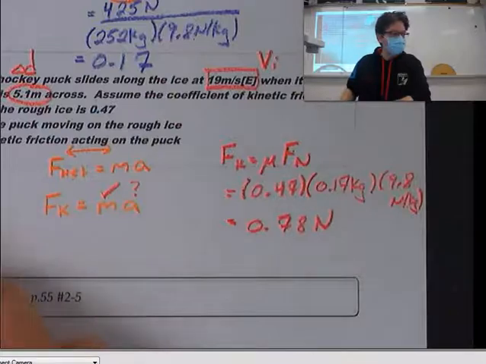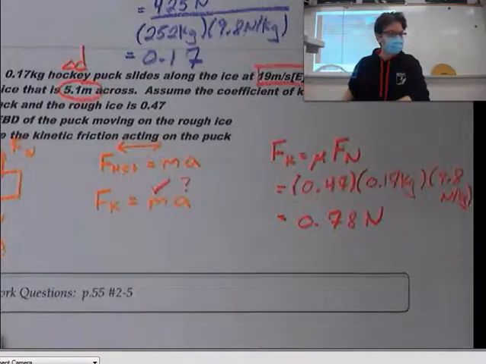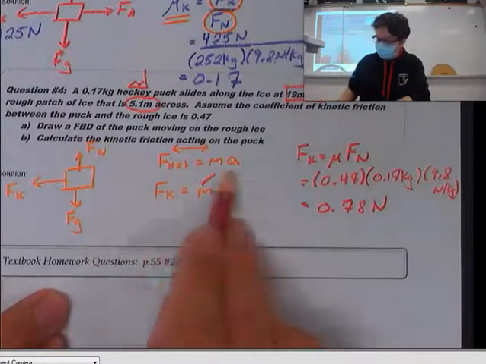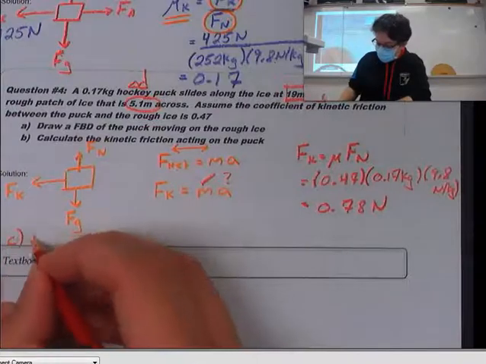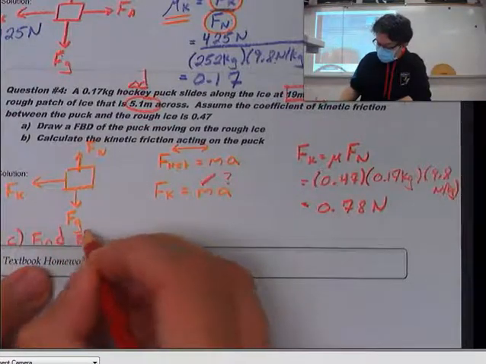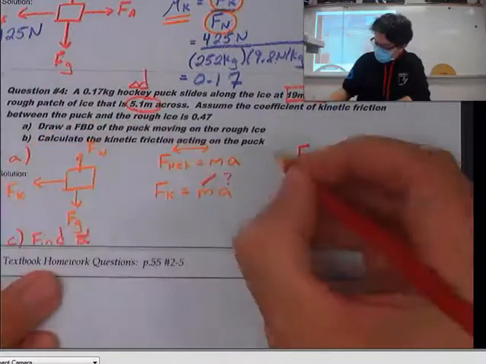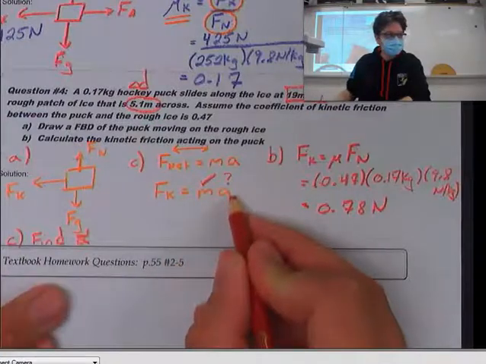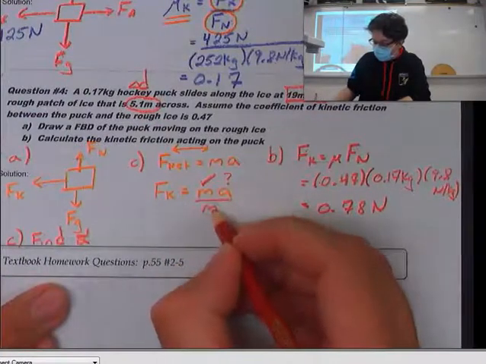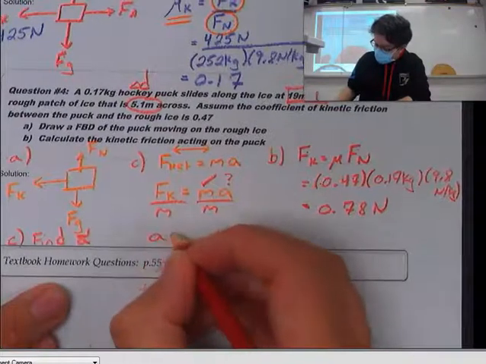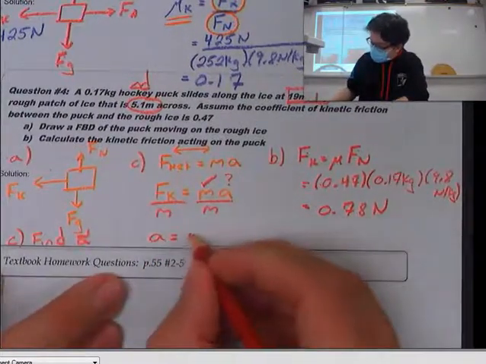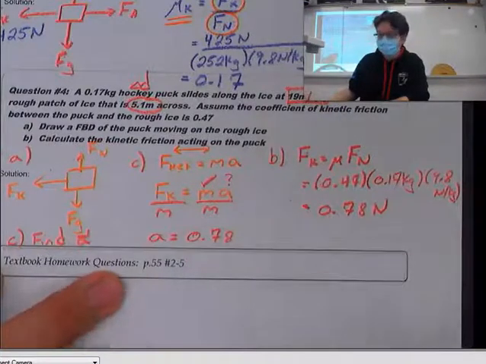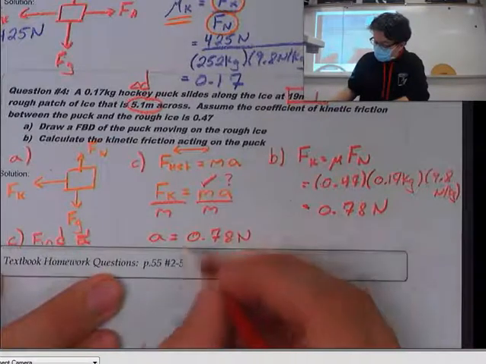Now I'm going to add a part C to this, where we would calculate the acceleration, right? Which we can use here. So if part C says find acceleration, okay, this is A, B, and C, we can use Newton's second law to find acceleration. We just divide both sides by mass, and you get acceleration to be the force, 0.78 newtons. And in this case, our friction is our net force, because that's the only force acting horizontally,